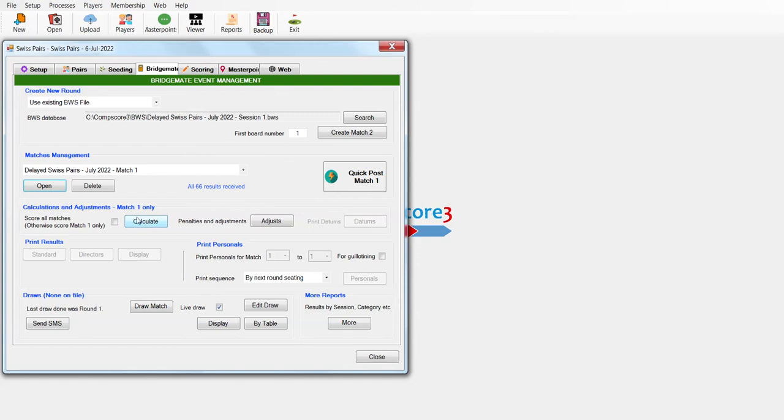So don't do a quick post, don't do a calculate, that will muck things up. But it's important that this live draw button here is unclicked, because we don't want to do a live draw, we want to do a delayed draw. So now